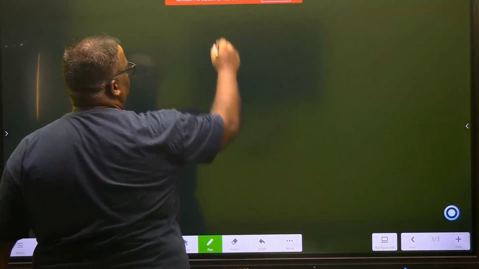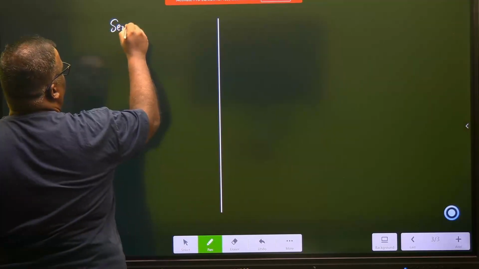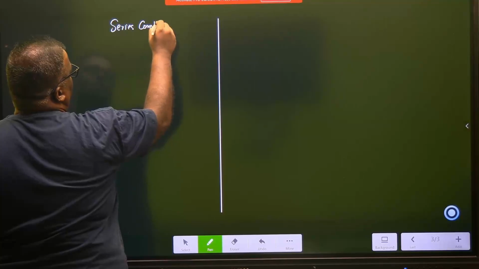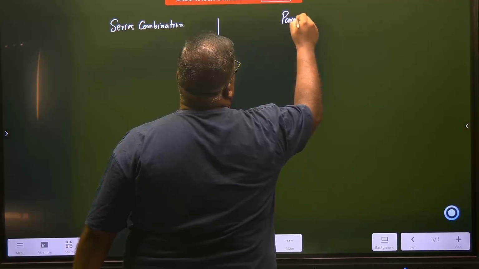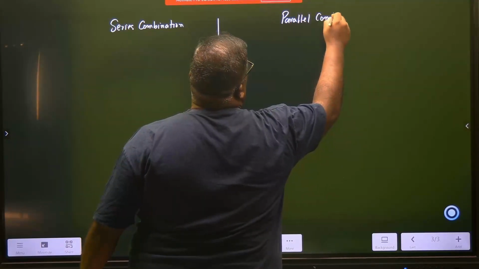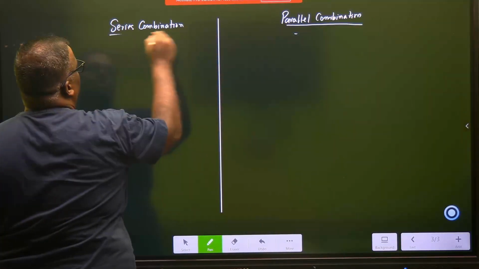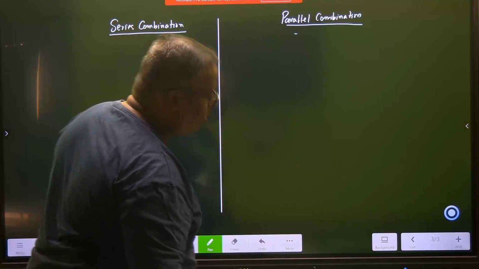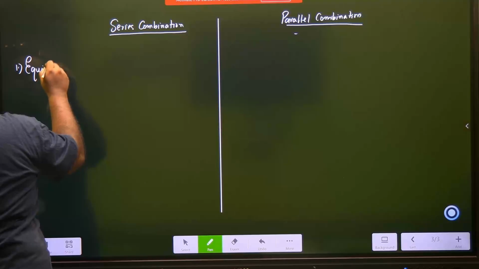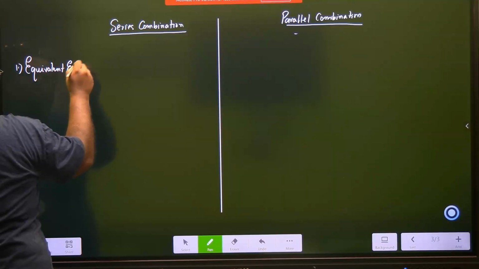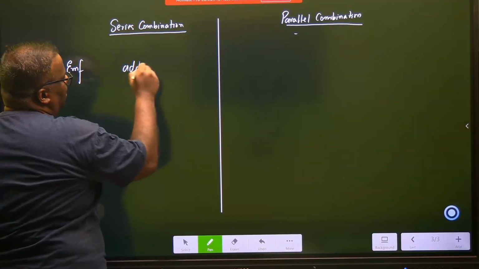So let's say we put series combination on this side, and on this side we put parallel combination. And we compare them on parameters like, number one, comparing in terms of equivalent EMF. Here what happened? They add